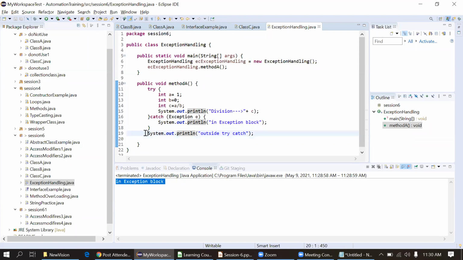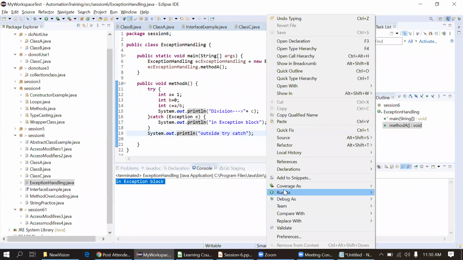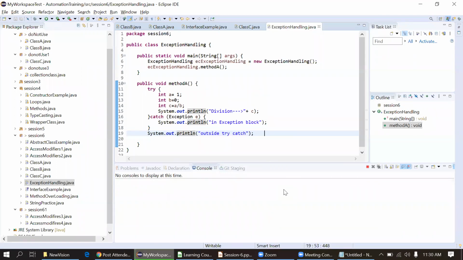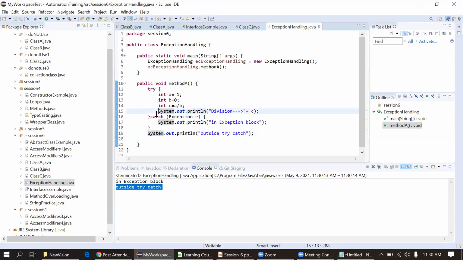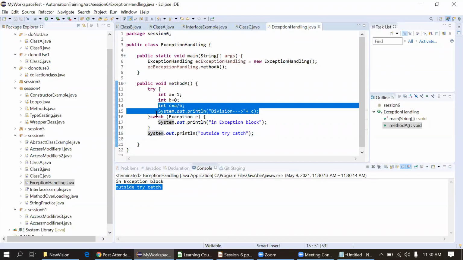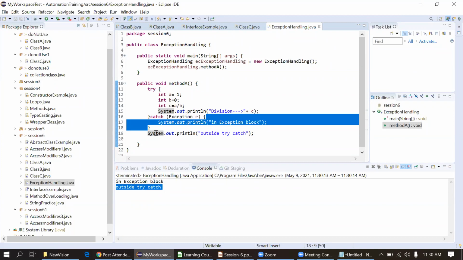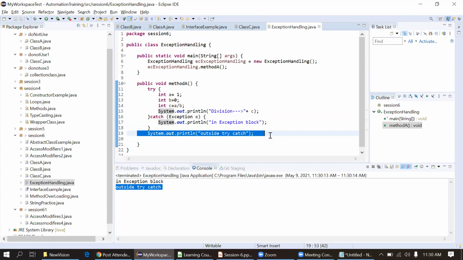I will check if this statement is printing or not. Outside try block. So there is an exception at this point. This got terminated abnormally internally, but it is handled by the catch block. This catch block got executed, and then the remaining code got executed.